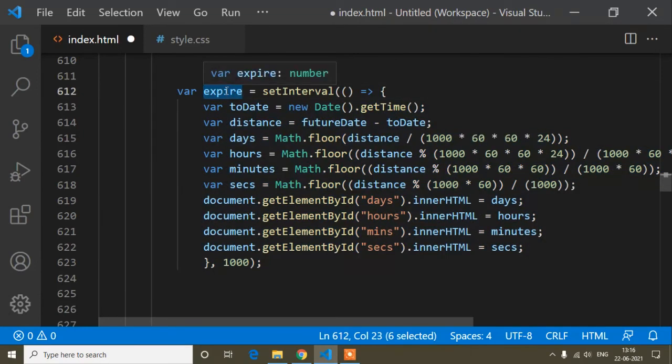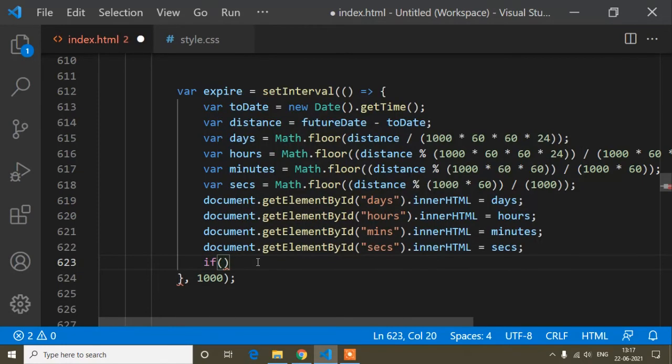Here there's another function, that is clearInterval. So guys, inside this one I will write an if condition. So if the distance, I mean this variable. Suppose the distance value was in milliseconds, and the millisecond value is 0 because it's an expired date.